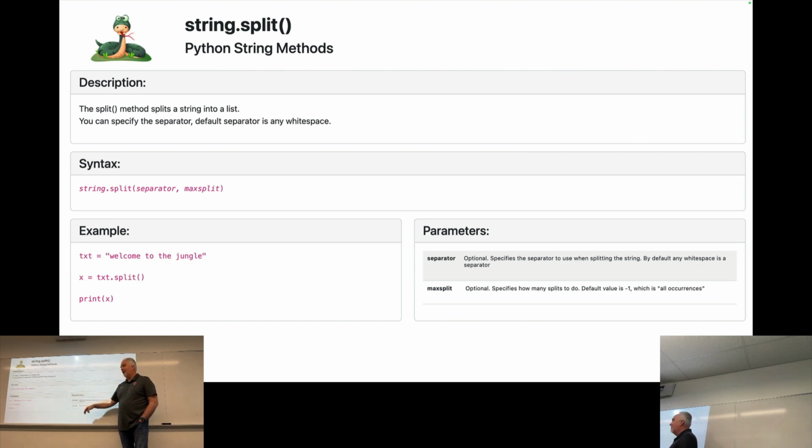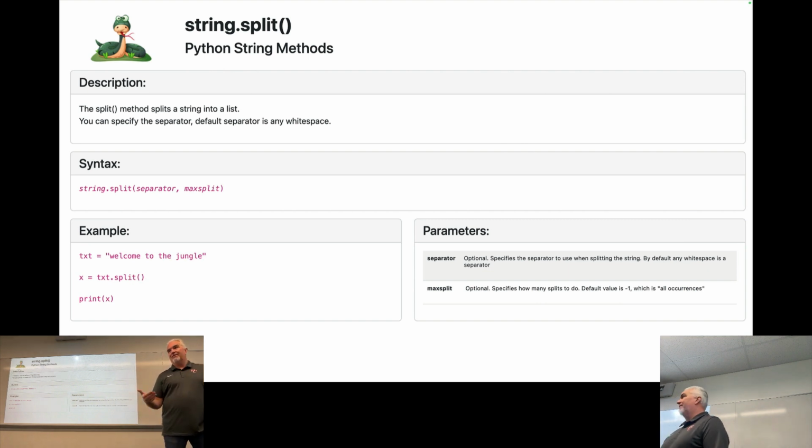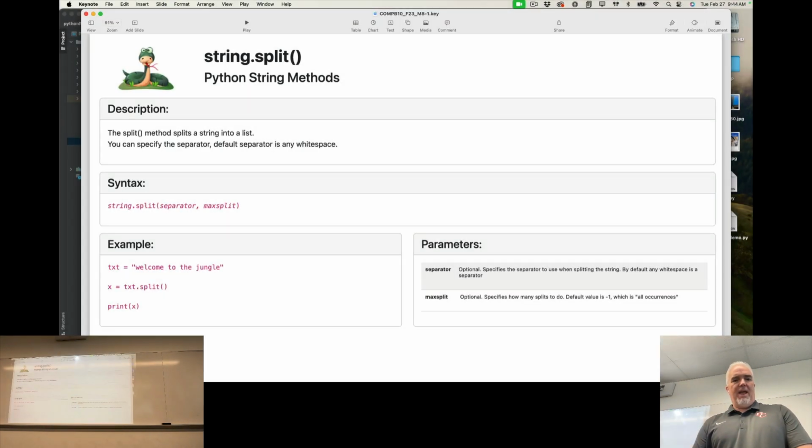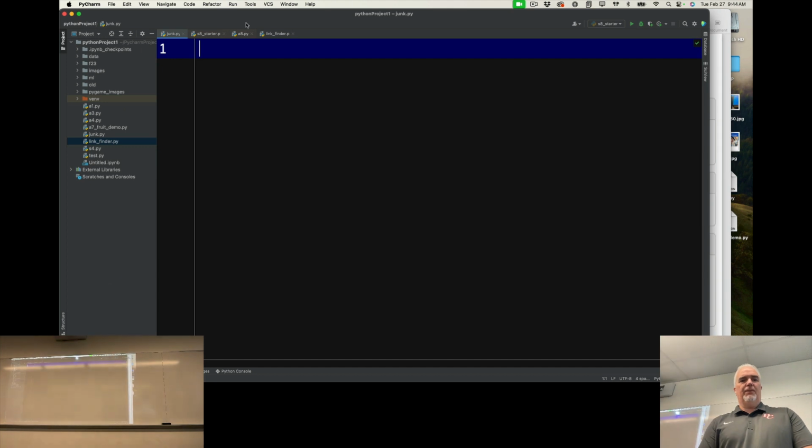You can also tell it how many times you want it to split. So if you want it to just split on the first thing it finds that matches that, and then return a 2-item array, you can do that too. And there are use cases for that. A lot of the time, though, we're just taking a string and breaking it down into a list so we can do more stuff with it. So an example of this